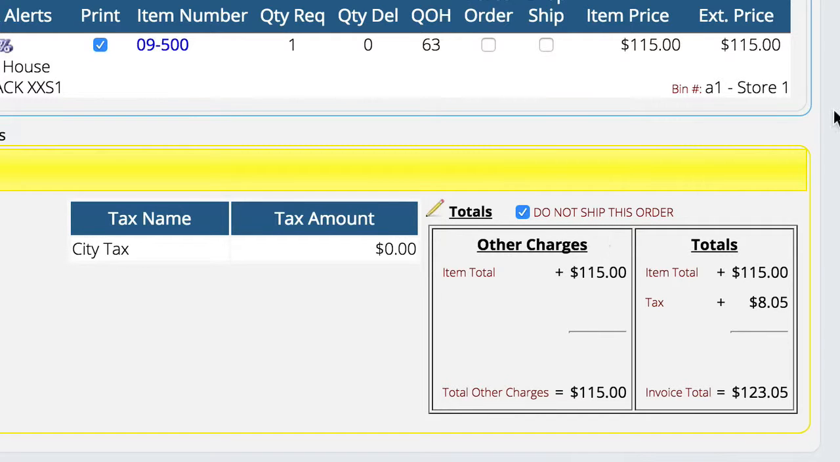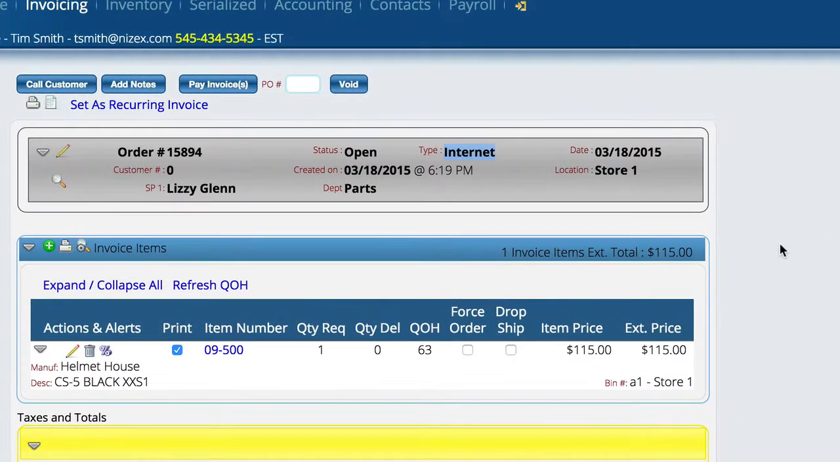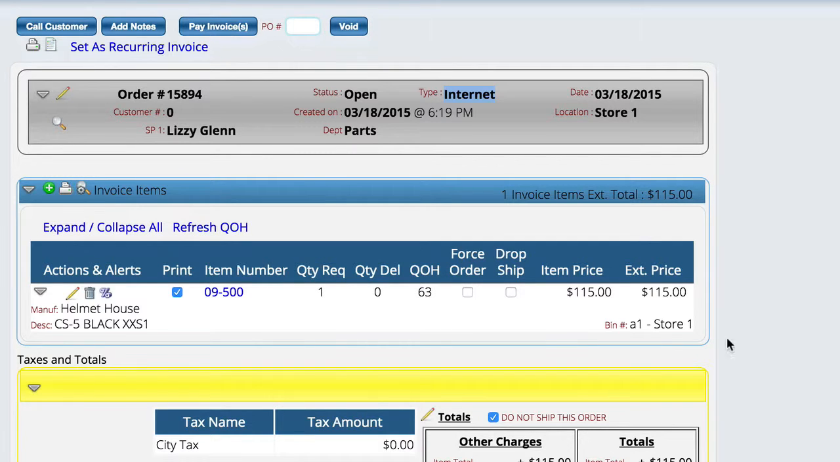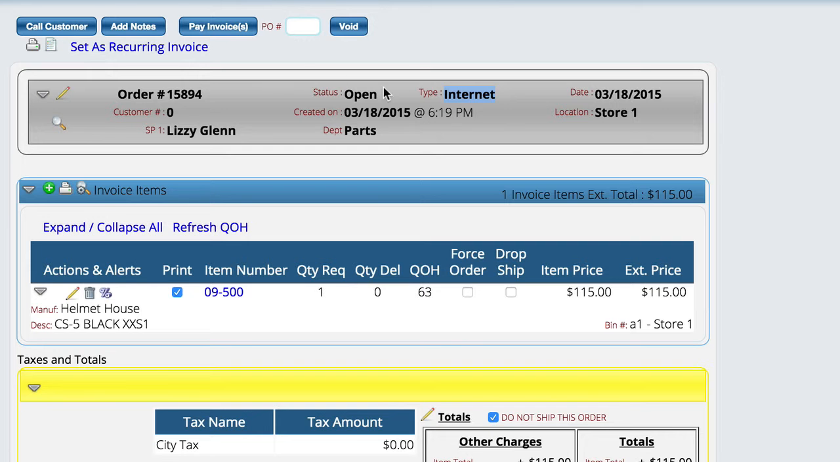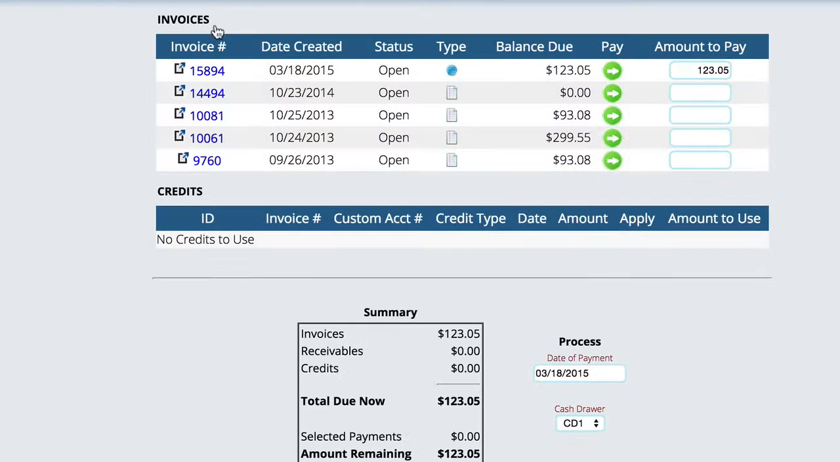Now, the key element here is that before I'm done, I have to pay this invoice. Now, I could override the defaults down here and tell it that I want to override the special order amount and change it to 0, so he's going to pay for it when he comes to pick it up. Or maybe he gave me a credit card and he's going to pay for it all right now over the phone. It really doesn't matter how you handle that particular scenario, but we have to hit the pay invoice button